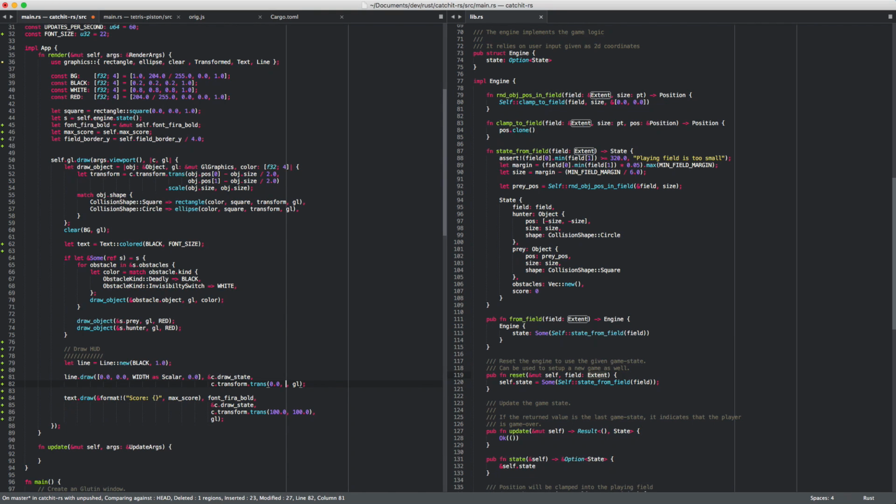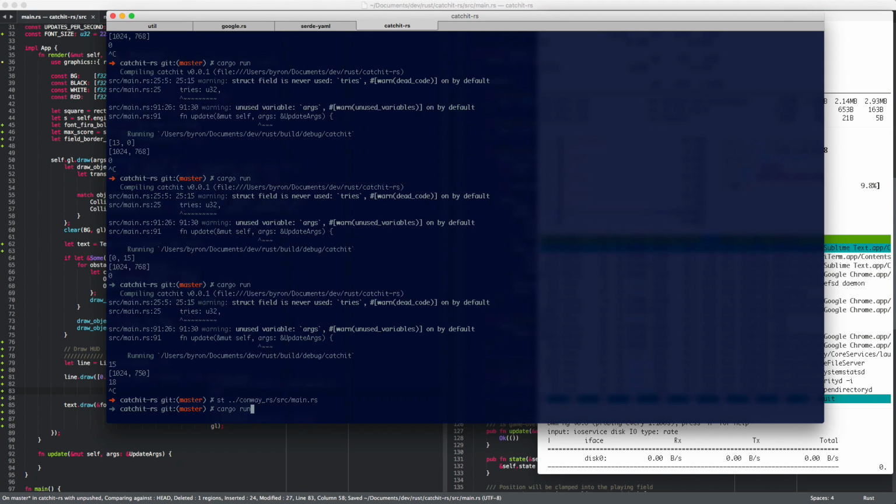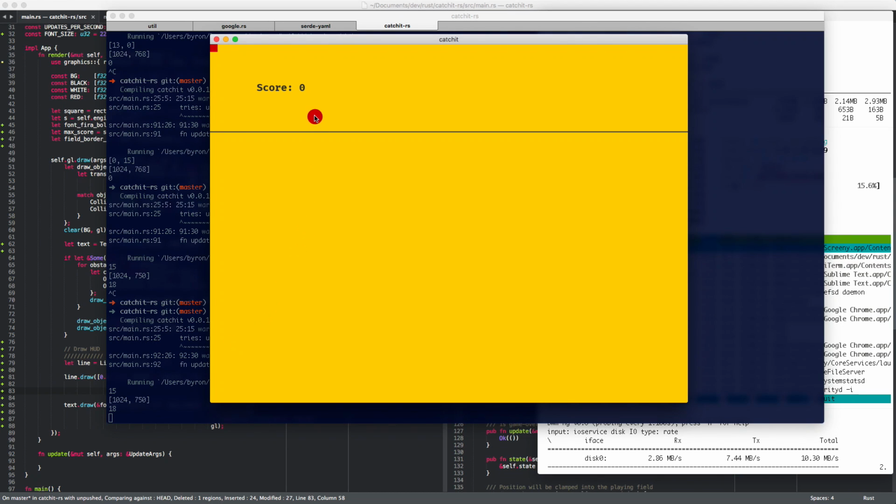And then it will do the right thing in screen space. Field border Y. So let's put it there using the transformation matrix that hopefully works in pixels. And it kind of works in pixels already because we translate the mouse pointer correctly. And we know that these are actually the values that we would expect, but